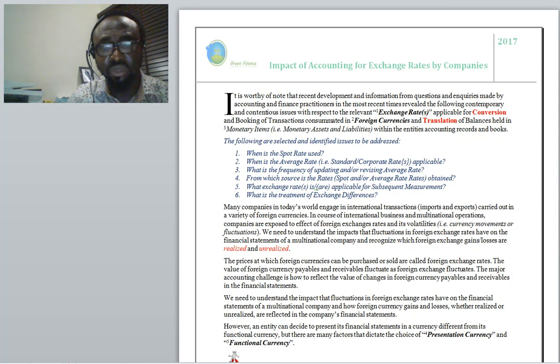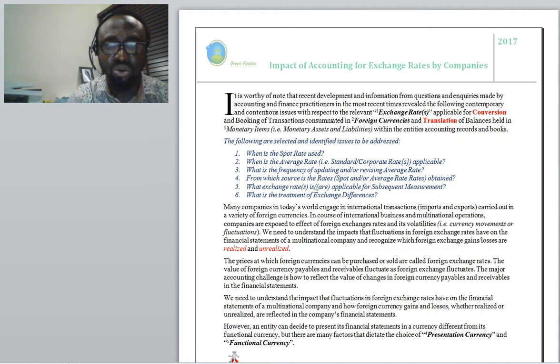Also, we'll be looking at from which source the exchange rate is obtained, especially as we are in a dicey situation in Nigeria. Presently, reports have shown that we have a series of different rates. Sometimes we could say we have interbank rate, which is different from CBN rate. We could have BDC rate, which may be different from parallel market rate, and also rate for travelers, rate for medicals, rate for students, and some other things. But the bone of contention here is which of the rates we should make use of for financial reporting purposes. This will equally be discussed.